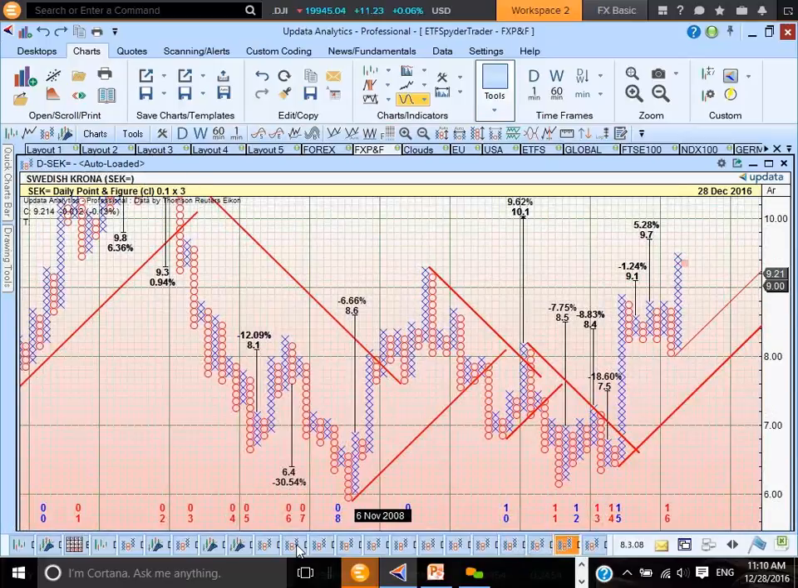Swedish krona, US dollar, also grinding higher in an uptrend. We've got 9.1 target that was taken out. We've got the next target of 9.7. And watch out for a key reversal here. When we get O's going down, then we would be looking at